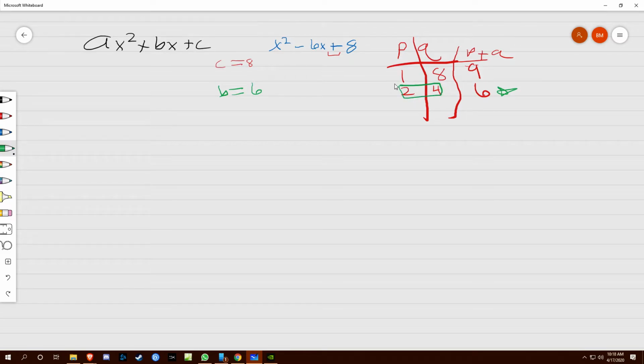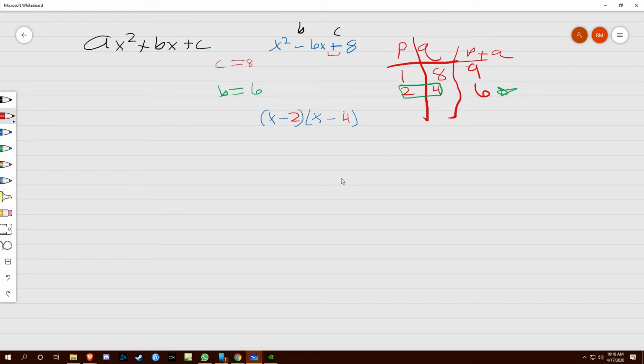Now going back to my little cheat sheet here, I have a b term that is negative and a c term that is positive. Now I care about the signs of the factors. On my little cheat sheet at the bottom of the study guide, it tells me that both of my factors are going to be negative. So I'm going to have x minus and x minus. It's not a bad idea to do this step first. Just have your factors kind of sitting there and waiting. And we have identified that 2 and 4 are my factors. So I'm just going to write x minus 2,